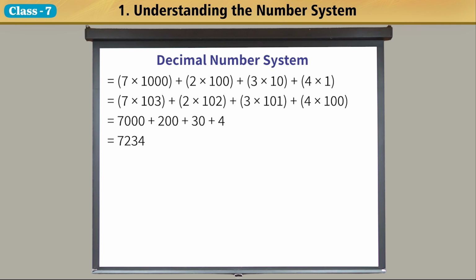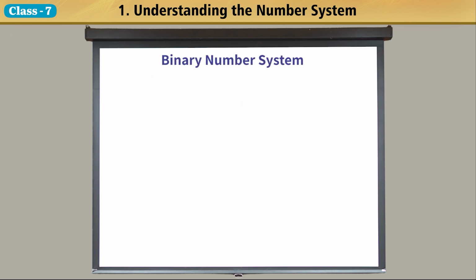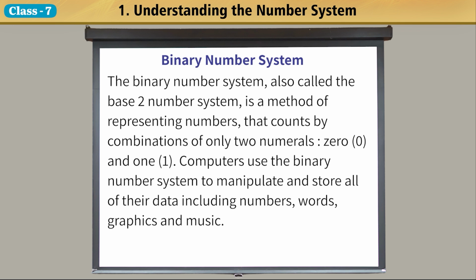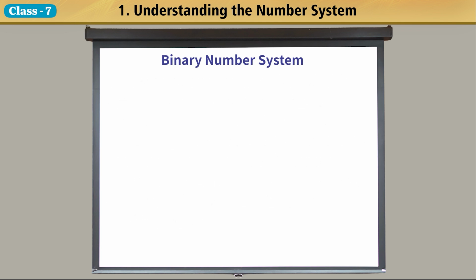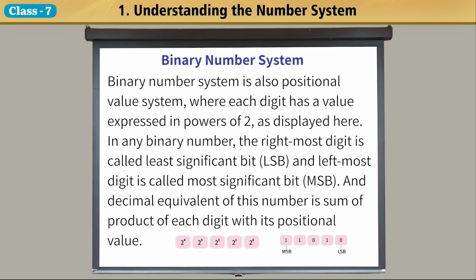Binary number system. The binary number system, also called the base-2 number system, is a method of representing numbers that counts by combinations of only two numerals, 0 and 1. Computers use the binary number system to manipulate and store all of their data, including numbers, words, graphics, and music. Binary number system is also a positional value system, where each digit has a value expressed in powers of 2, as